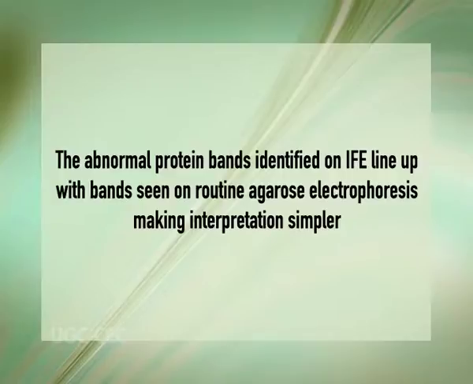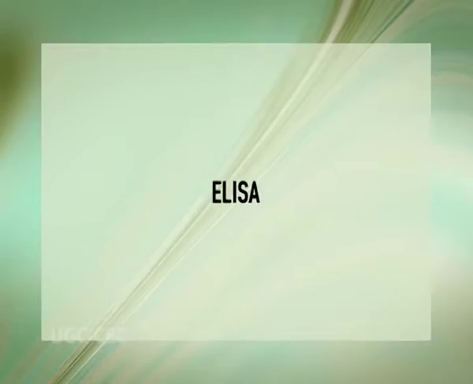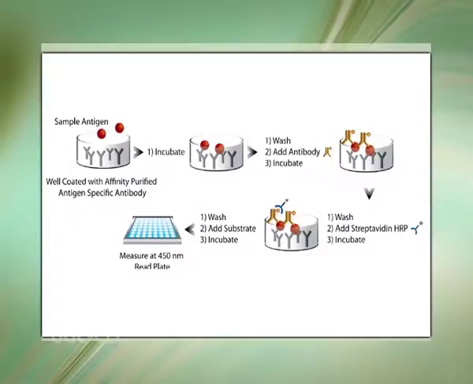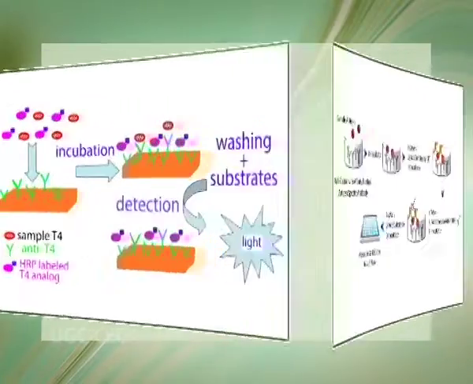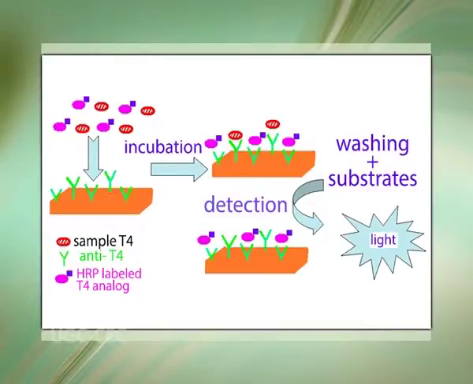Now, let us discuss the next part of today's lecture, that is ELISA. The enzyme-linked immunosorbent assay, that is ELISA, is a test that uses antibodies and color change to identify a substance. ELISA is a popular format of wet lab type analytic biochemistry assay that uses a solid phase enzyme immunoassay to detect the presence of a substance, usually an antigen, in a liquid sample or wet sample.